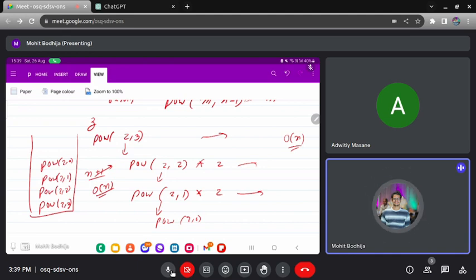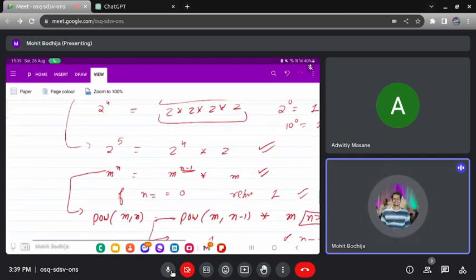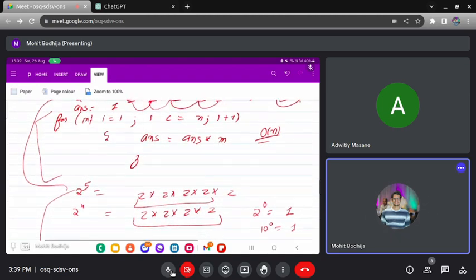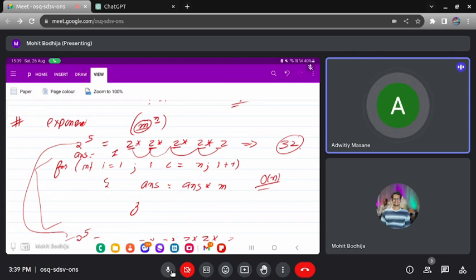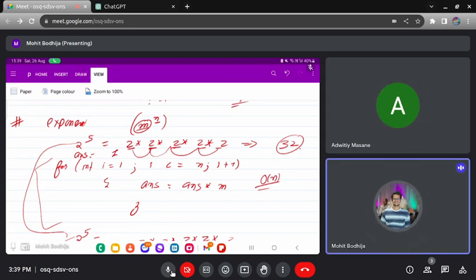Okay, now can you tell me which method is best, the recursive approach or the for loop approach that I told you initially? For loop, its space complexity will be order of 1. Exactly, but see, in an interview they can ask for multiple approaches, right? So at that time you should know.